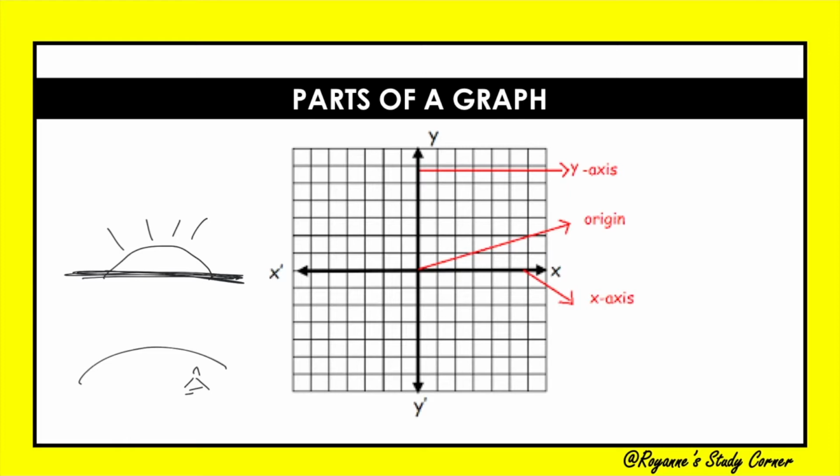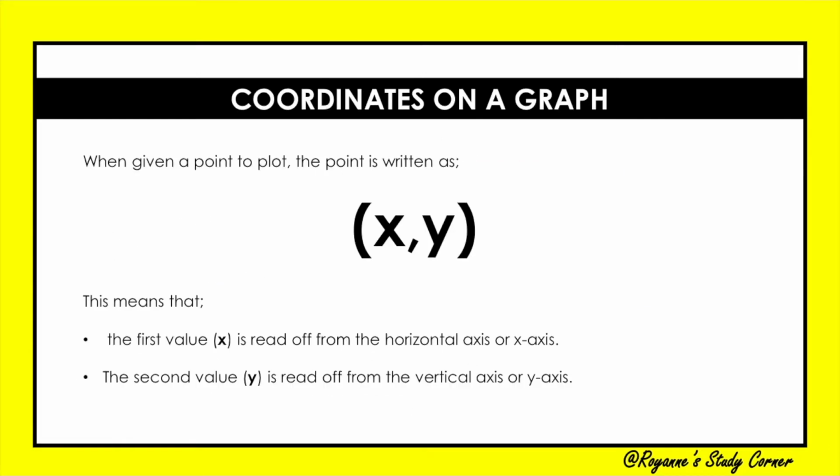So if this is essentially what your graph looks like, then the question might be, where do the numbers come from? So then we have to think now about the coordinates of a graph. I just mentioned that you can think of it as two number lines intersecting, or a junction. So it really is two number lines, yes. So we know there would be a negative region and a positive region on each of the axes. But if you think about it in terms of an intersection of a street,